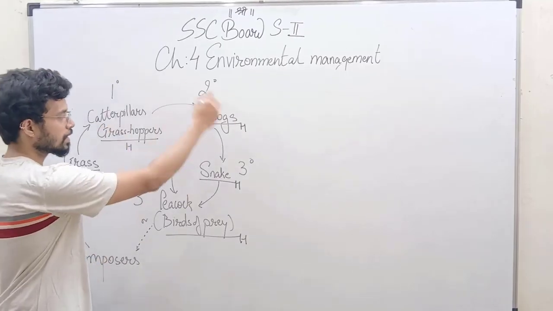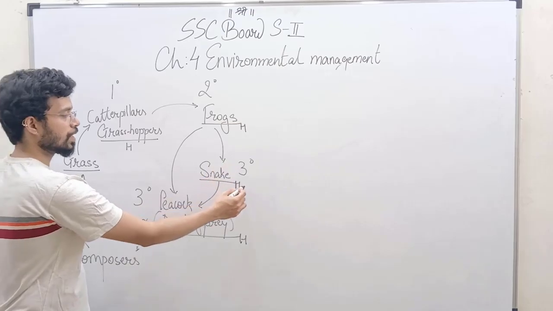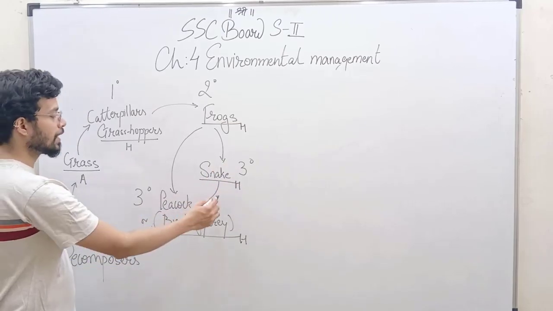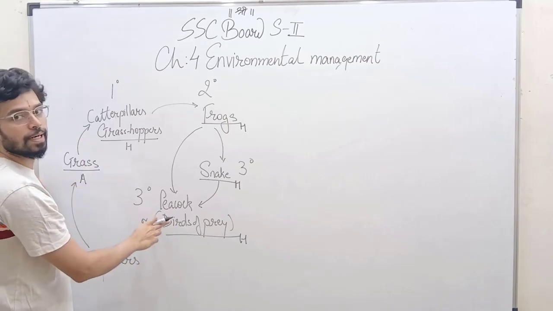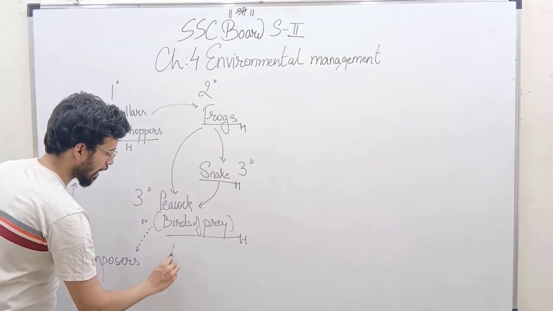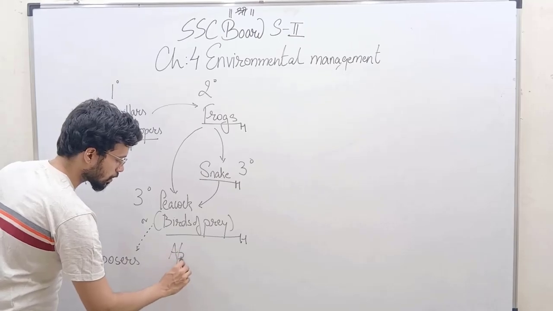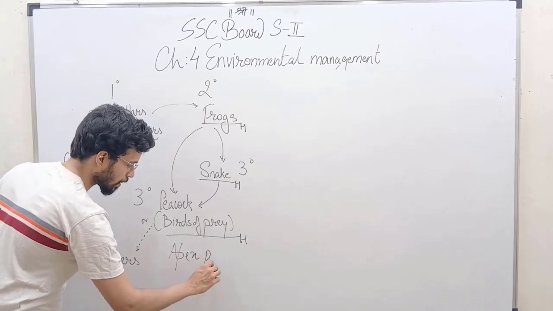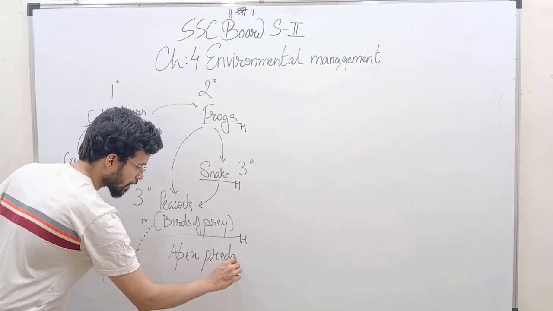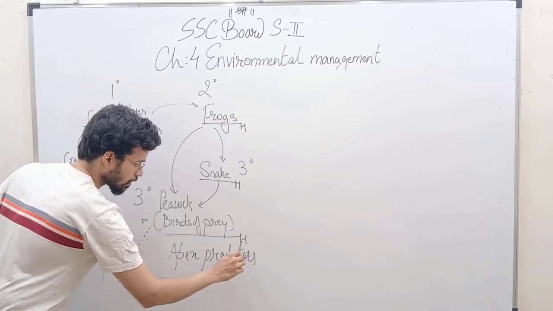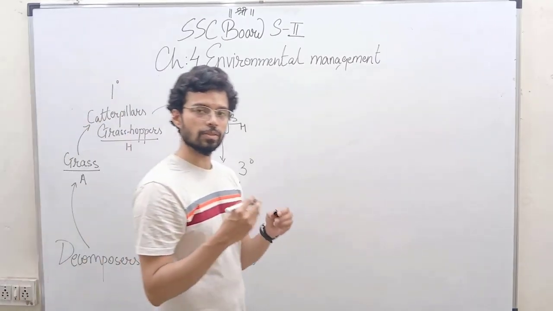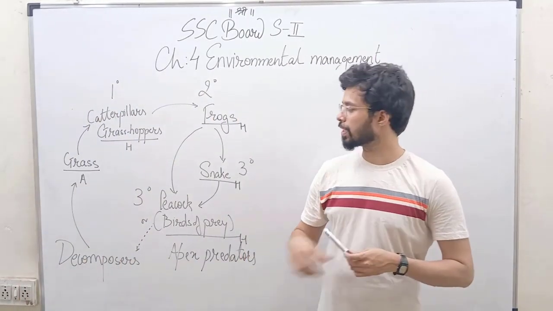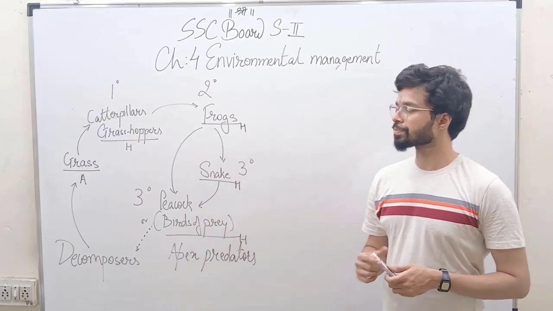But now if we see the food chain, if we reach till this stage of snake and then the peacock preys upon the snake, then this becomes your apex predator, right? These animals are known as quaternary consumers or also known as apex predators because they are the ultimate at the pyramid. They are at the top position of the pyramid and there is nobody above them to kill them directly.